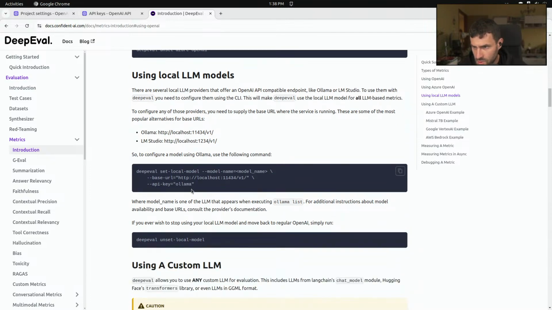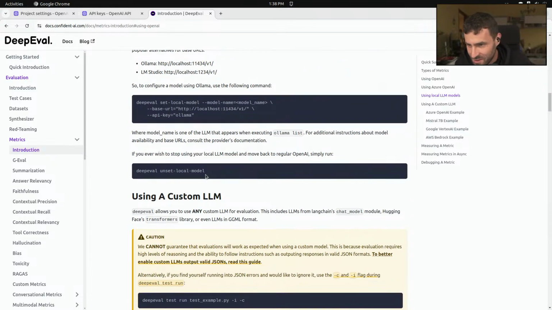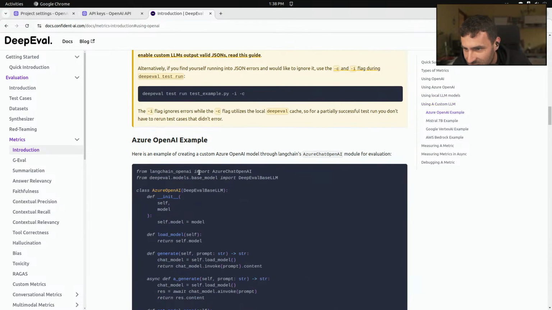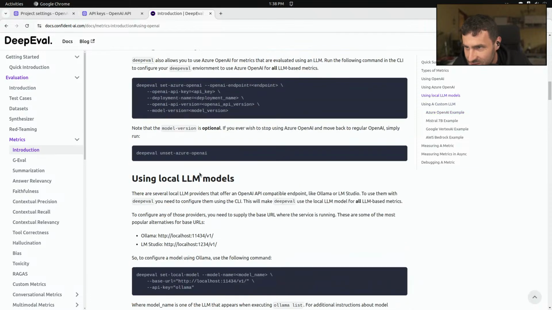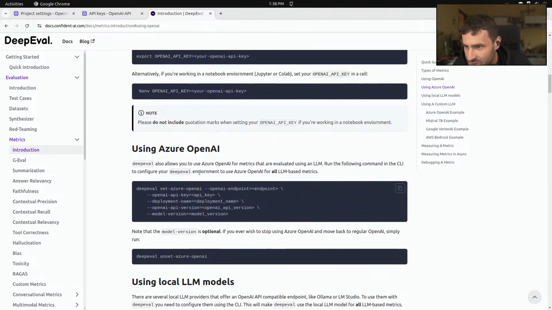This is an option because I have the hardware. Let's do that. I can actually set up the local model to run this instead of leveraging